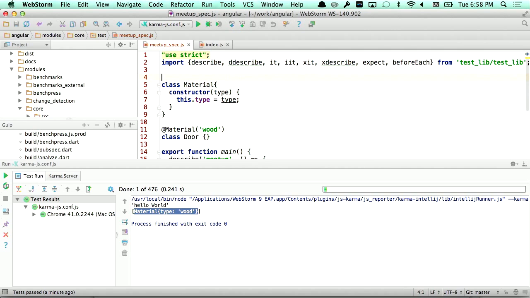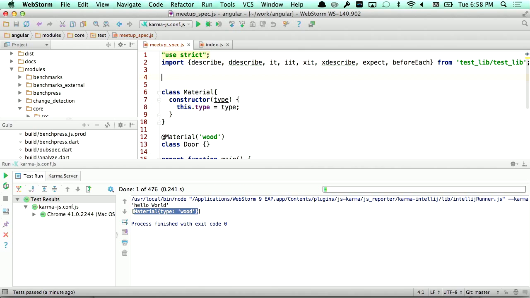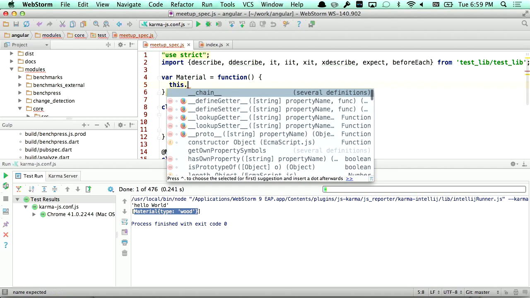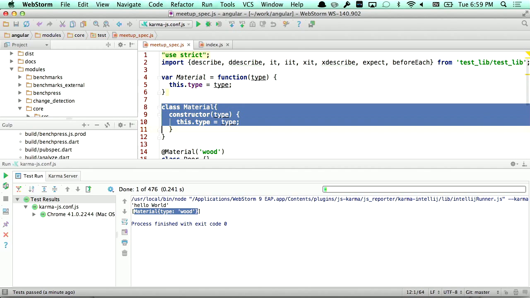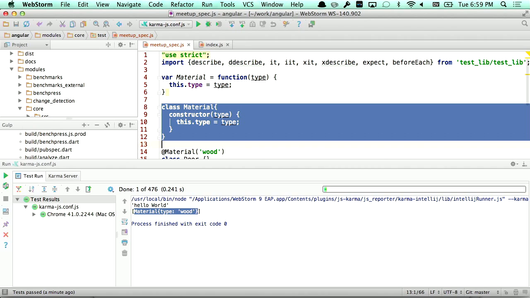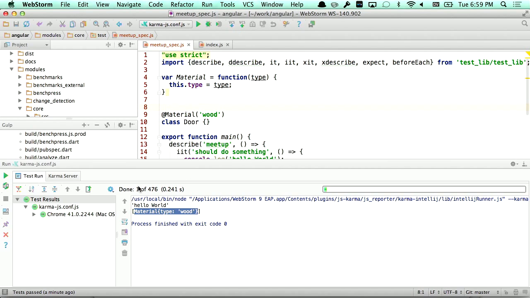What I want to show you is you can certainly do that. So the equivalent in good old JavaScript would be var material equals function, which takes type, and it's going to say this.type equals type. So this thing over here is just a nicer way of saying the above. In this particular case, it's actually a couple of lines longer, but in most cases, it's actually shorter. So if I delete this code, notice it will still work. Ta-da! Isn't that wonderful? I lost the name, so we can do the more typical way of doing it, like that. That should also work.